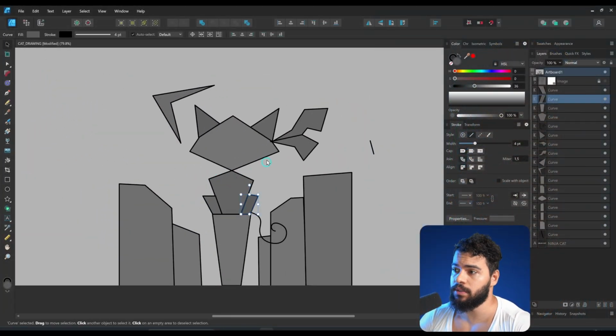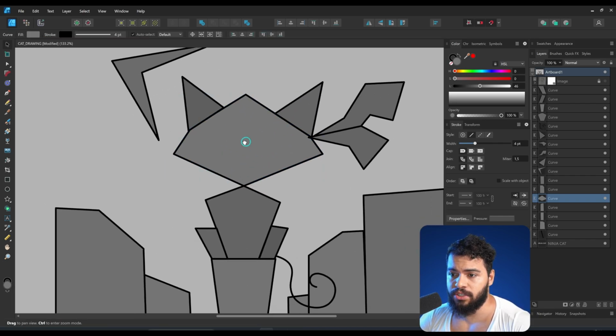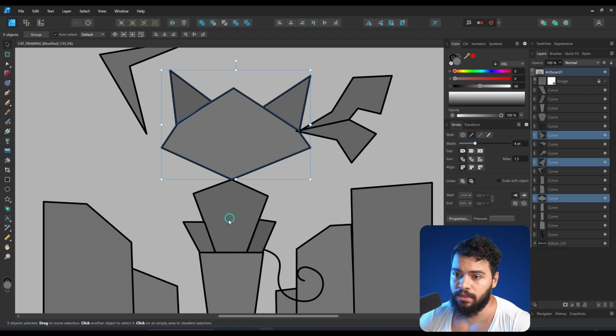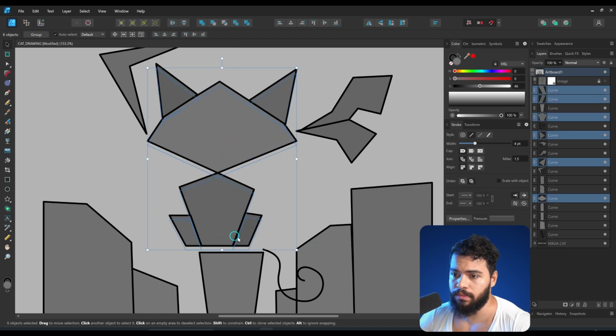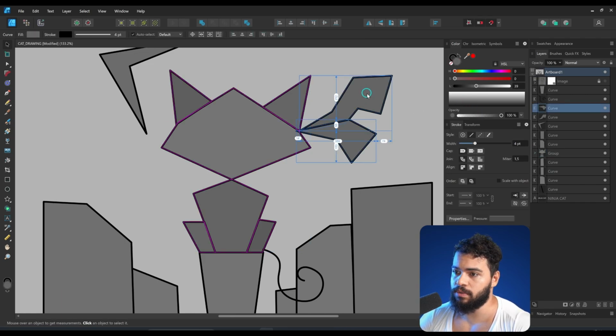So right now, what I usually like to do is to give the name for the groups. Let me tell you how this will work. As you see, we have the cat shape, and I will hold Shift and click on all the single shapes. This one, select, Ctrl G, selected. This one as well. I'm gonna group